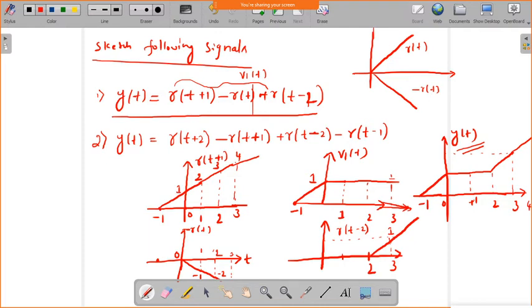Now between minus 1 and 0 the ramp is going, and at 0 the value of amplitude is 1. So now at 0 what is the amplitude value of this signal? It is 0. So 1 plus 0, or here it is minus but we already reflected that signal. So just go on adding these amplitude values to this. So this is 1 plus 0. How much? It will give 1. Okay, is it okay? So 1.